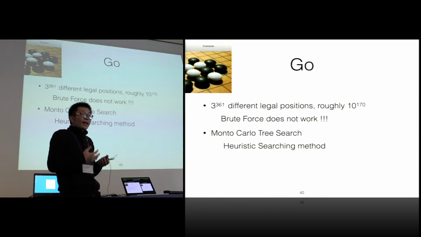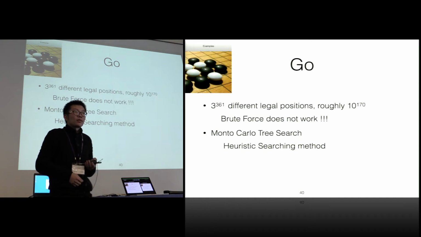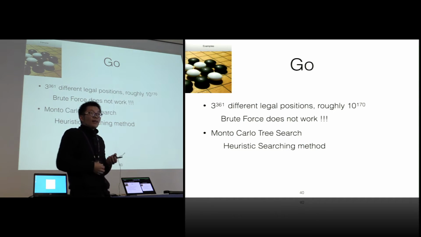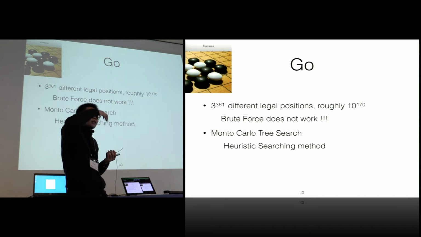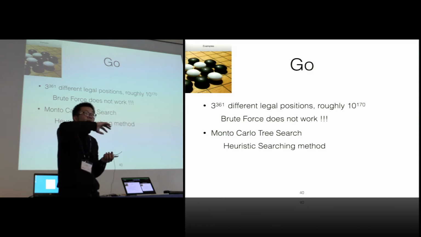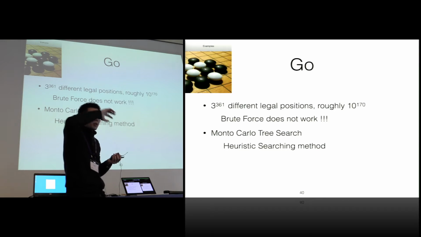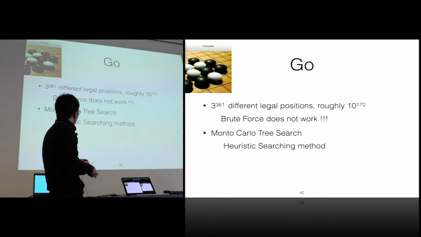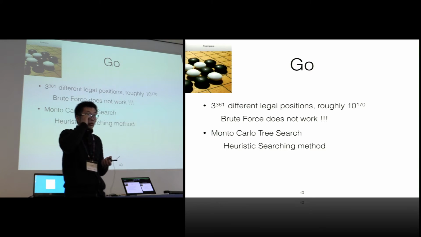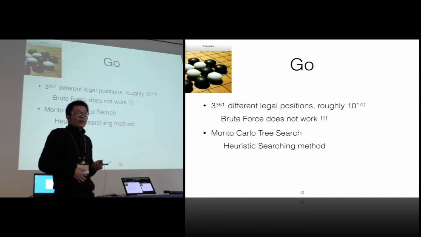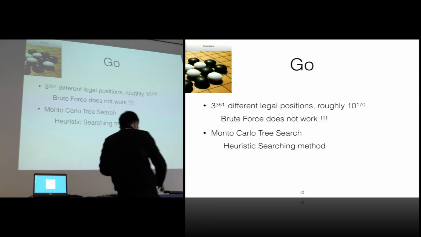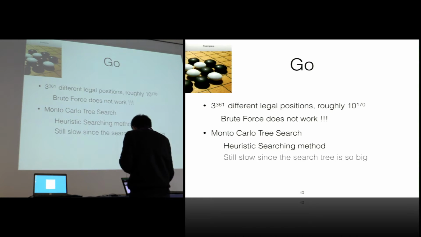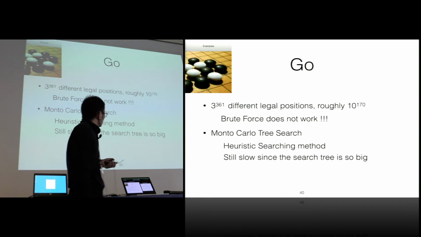But what if I cannot make it to 100 steps? I cannot guarantee to get the biggest one, but I always improve. At least suboptimally, I already keep the biggest one. So that's the heuristic, or the idea of Monte Carlo tree search. Basically, you want to search smartly in the whole big search space. But it is still slow, since the search space is so big.